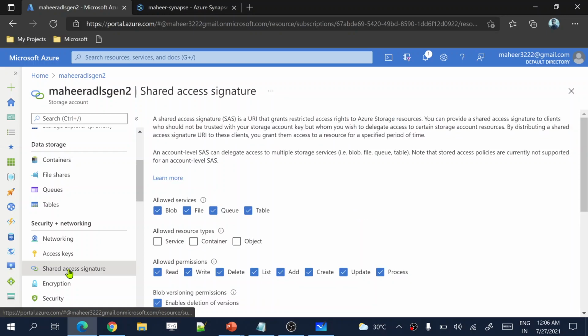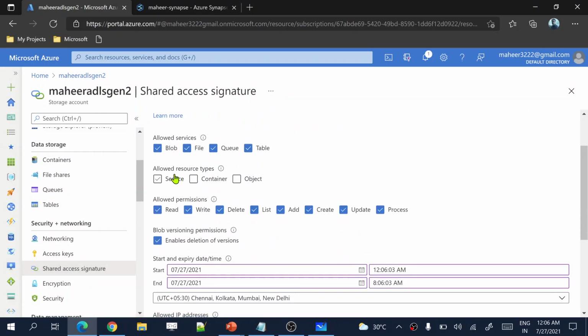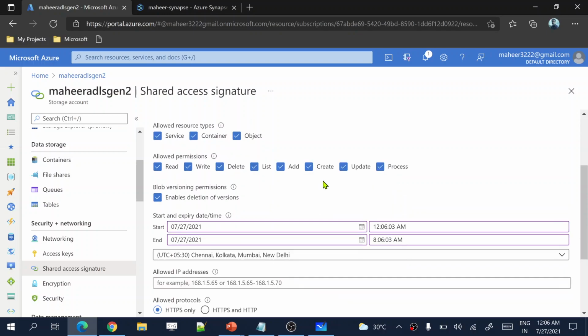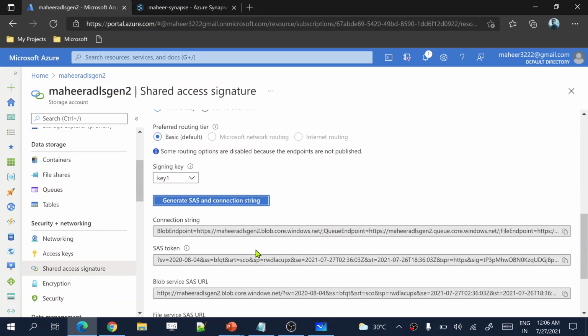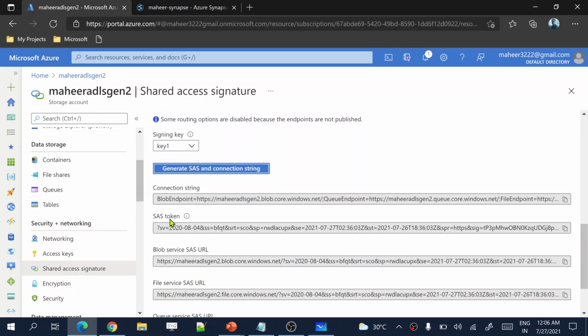You need to navigate to this menu, and here you should select whether this shared access signature should allow access to containers, services, or objects. These permissions you need to select, and if you scroll down here, you can click generate SAS and connection string. If I scroll down, see, this is the SAS token, right?